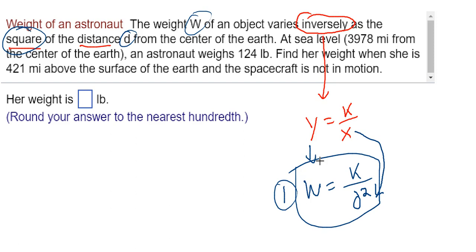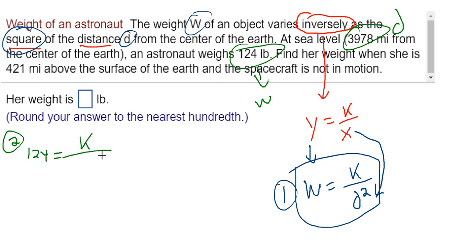Level 2, at sea level, which is 3,978 miles from the center of the Earth, an astronaut weighs 124 pounds. So there's a couple numbers for us to plug in. The weight is 124 pounds. The distance from the center of the Earth is 3,978 miles. So we can plug those numbers into our variables. I'm going to do that over here. So in place of W, I'm plugging in 124